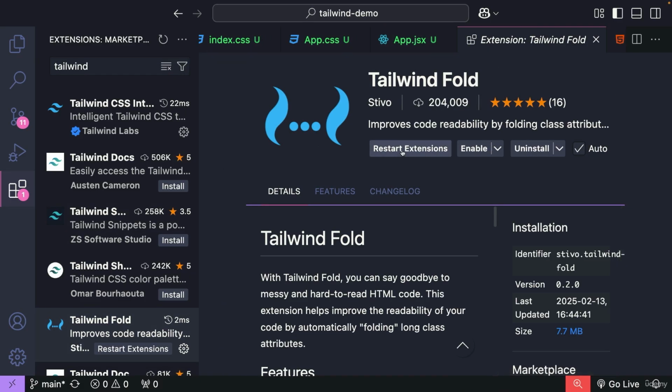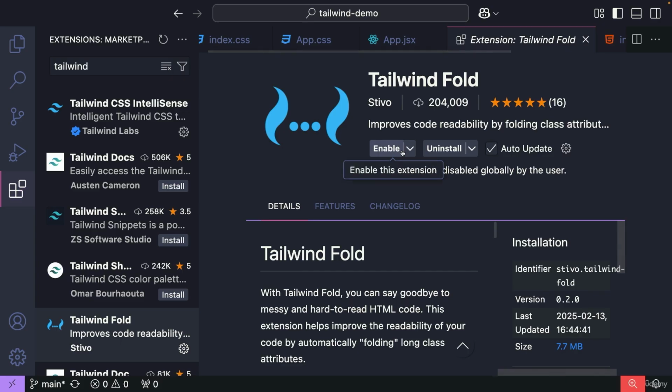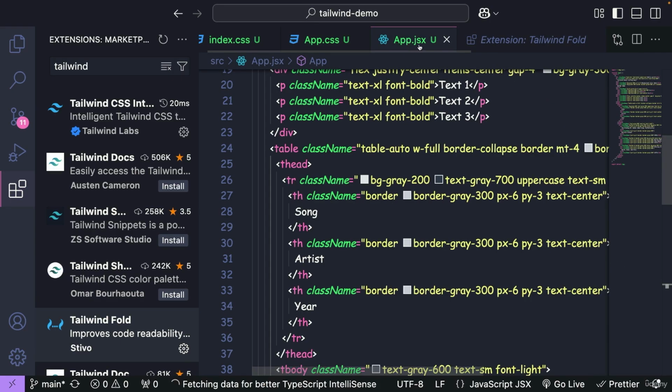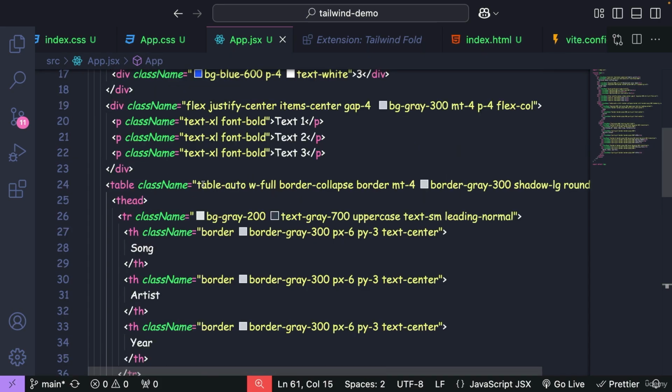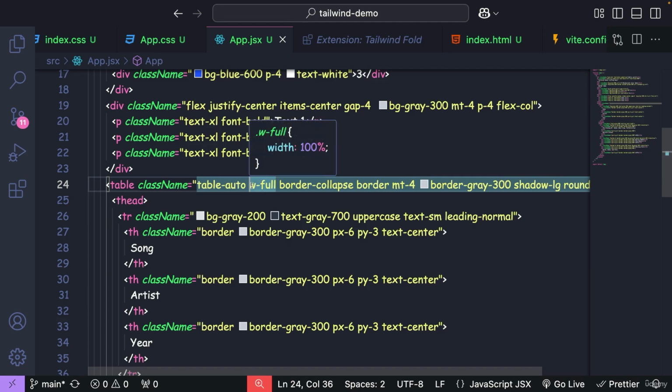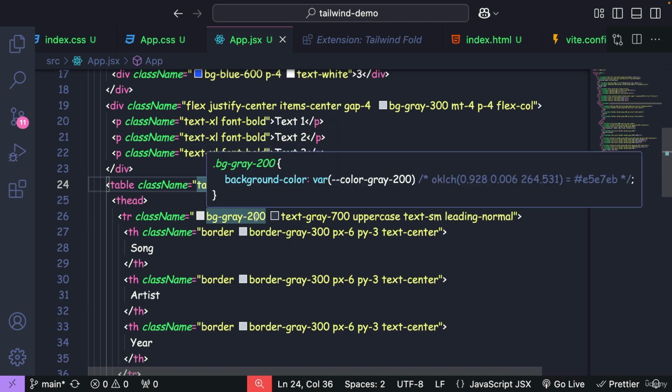Followed by, I'm going to click on these restart extensions. Let me go to app.jsx, and this time I'll be able to see the complete class names. First, I have used table-auto, which is going to automatically adjust the table column size. Next, I'm trying to use w-full, which means I want to display my table by taking the entire width